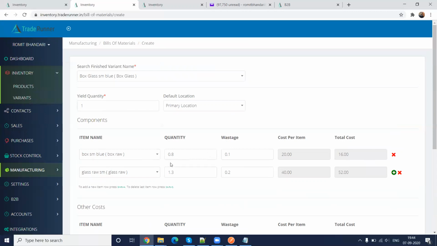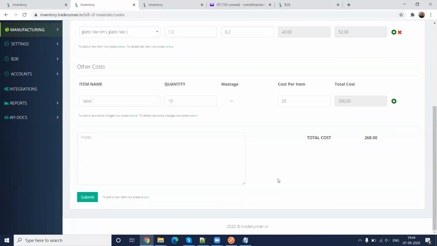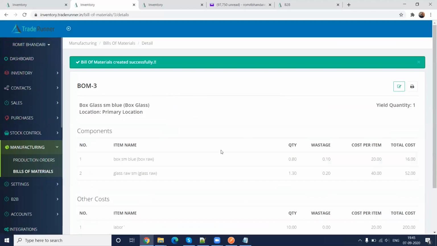So if this is the quantity being used, the total cost is this quantity into the cost per item, which gives us 16. Similarly, 1.3 into 40 gives us 52. So for total cost, let's say labor is 10 and cost per item is 20. The total cost which is coming out is 268, right? Let me just submit this. So this bill of materials has been created successfully.